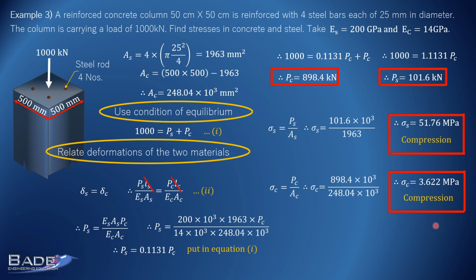Now listen to what I am telling you. In the three problems we have solved up till now on composite cross sections, the members were known, all material properties were known, the members were described properly, the load on the members was given, and we were asked to find stress. Do you remember, again and again I am telling you there are three types of problems on strengths of materials? First type of problem: load and member you know, and to find stress. That type of problem we have solved in problems number 1, 2 and 3.